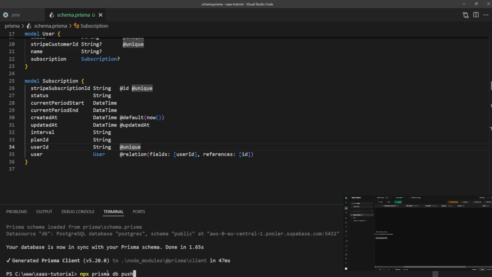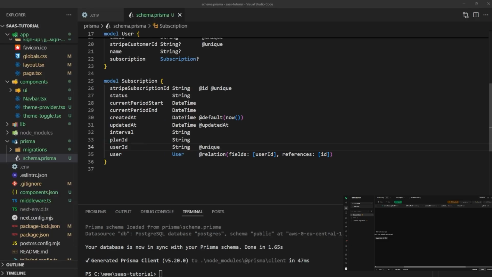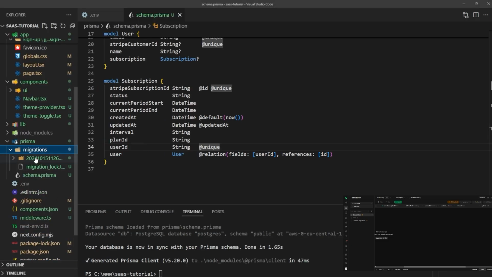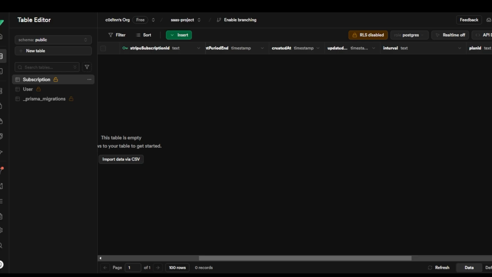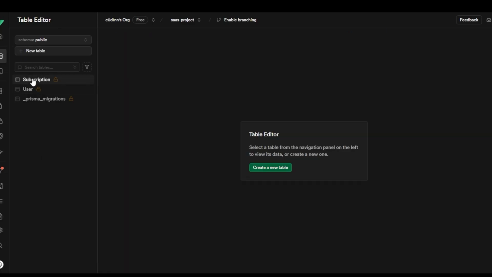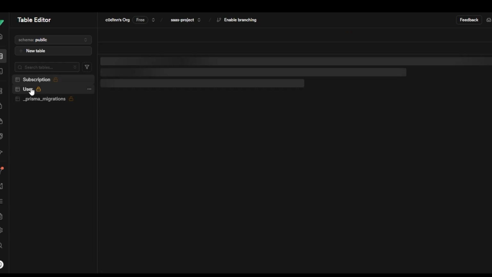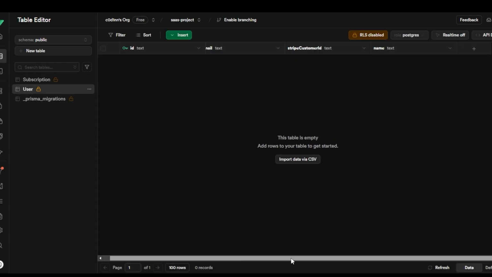It doesn't track them. And npx prisma migrate dev will track the changes. When we add there some fields or some model, we will have it tracked down. You can also see it there in Prisma migrations. There it is. And there in table editor, you can now see subscription table, user, and you can see there